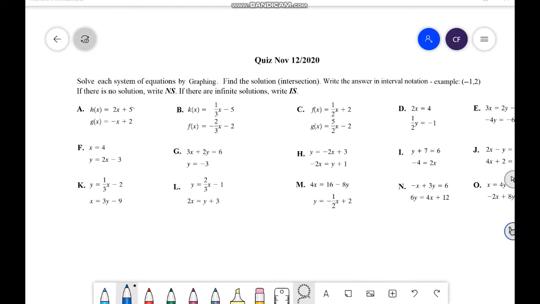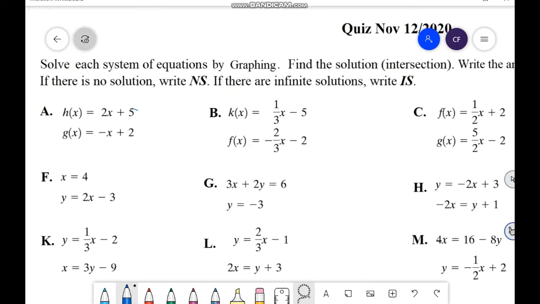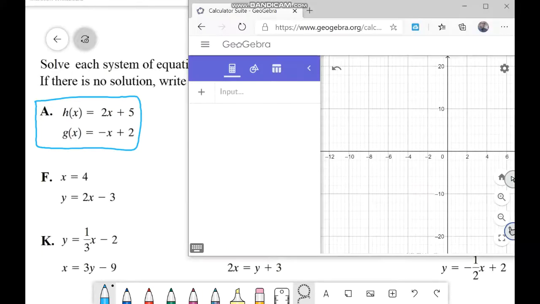The quiz is the same question as Tuesday. Solve each system of equations by graphing, find the solution, write the answer in interval notation. If there is no solution, write NS. If there are infinite solutions, write IS. So check the first one. We have the first one here, A: h of x equals 2x plus 5, g of x equals negative x plus 2, and open your graphing